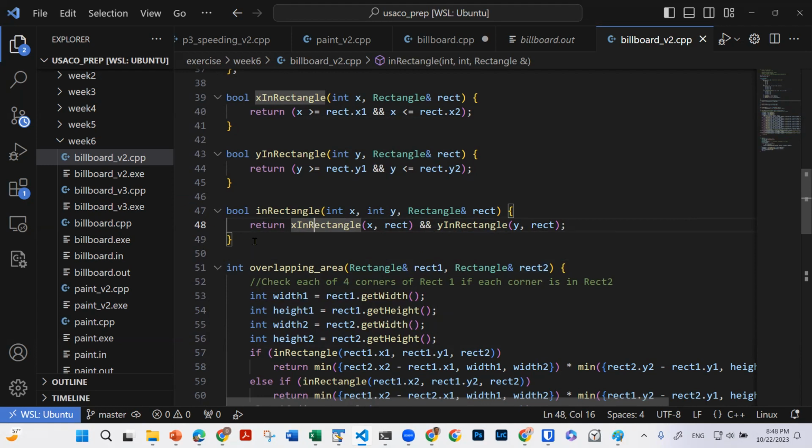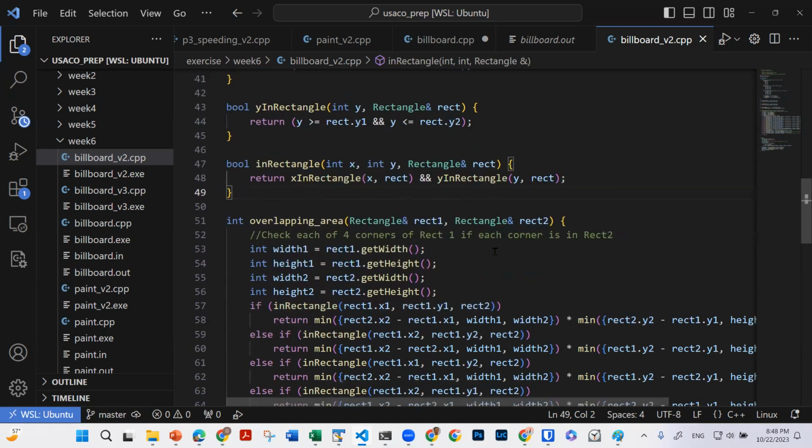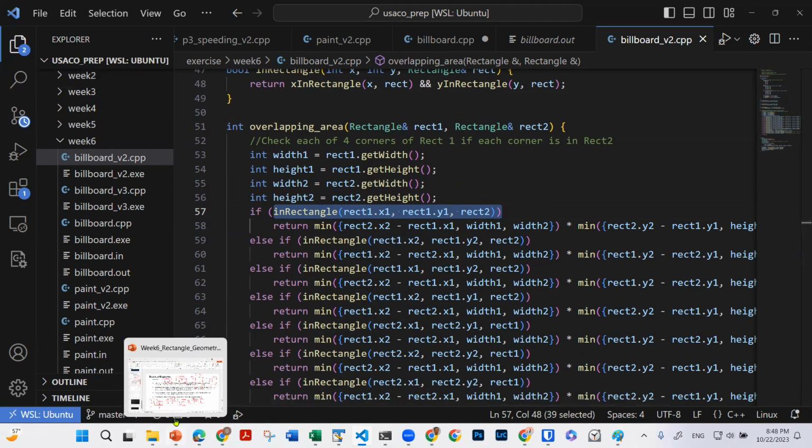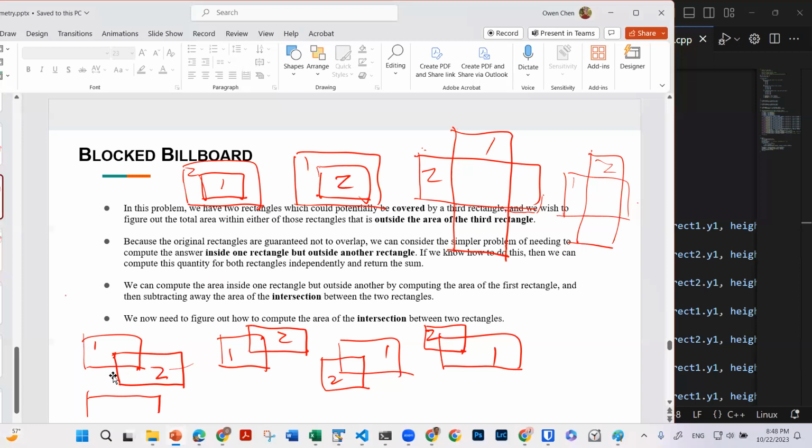So far, so good. Okay, so if this corner is in this rectangle, how do we calculate the area, right? So this is a situation, I think we are checking